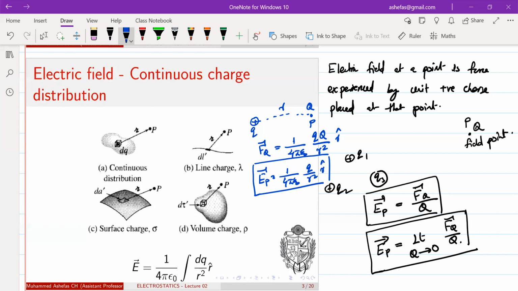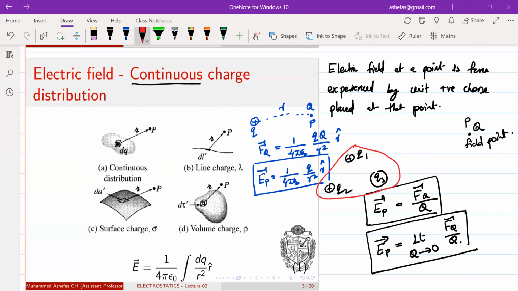Now, the task of this second lecture is we have to find the electric field of continuous charge distribution. Then first of all we have to answer the question, what is meant by continuous charge? Okay, so the continuous charge is like this. You can have a line charge distribution or surface charge distribution and volume charge distribution. So it is not like points. Earlier we considered the examples of a collection of point charges, a system of discrete charges. Now it is not. Now here it is a continuous charge.